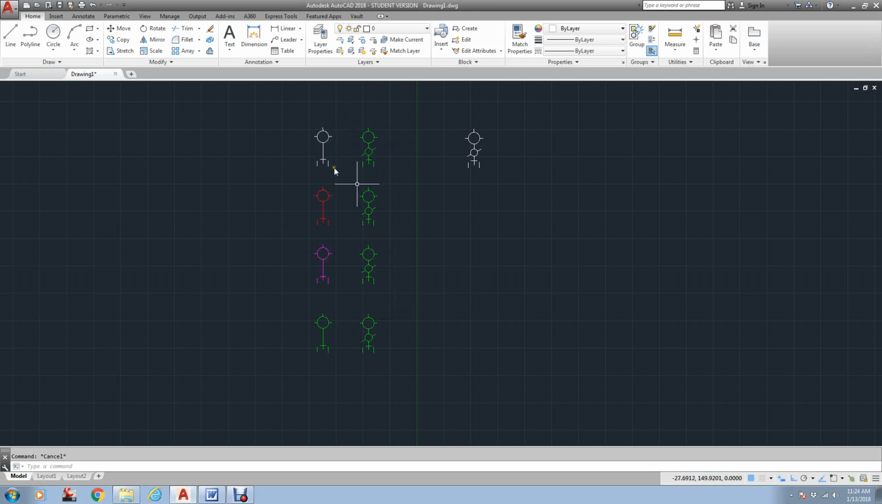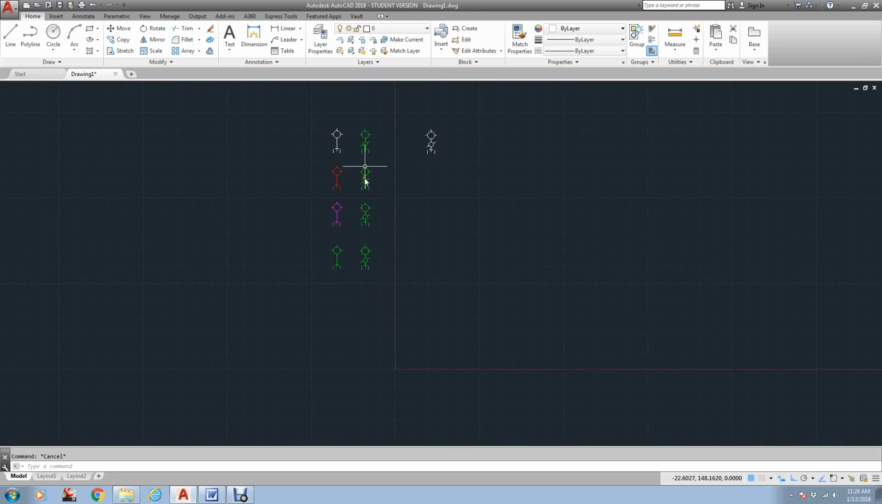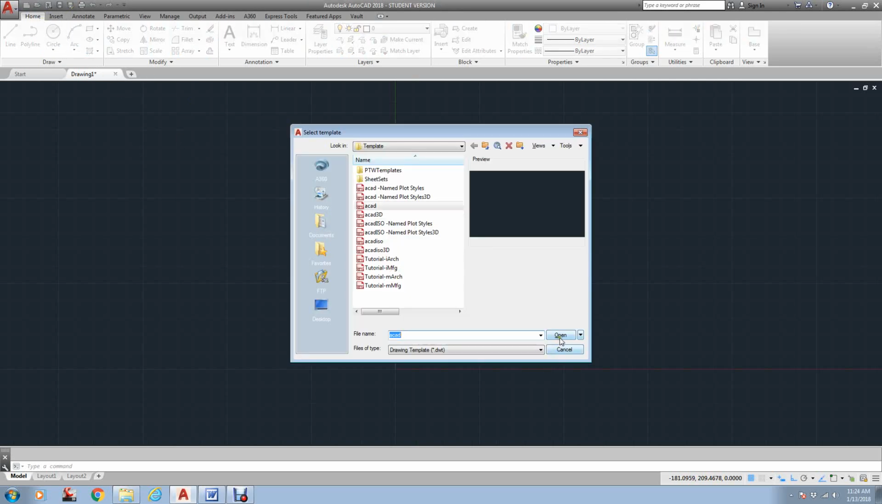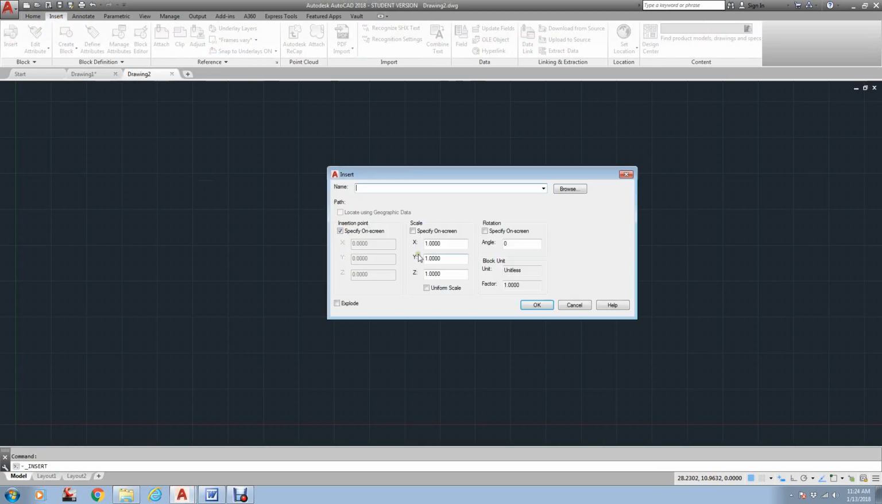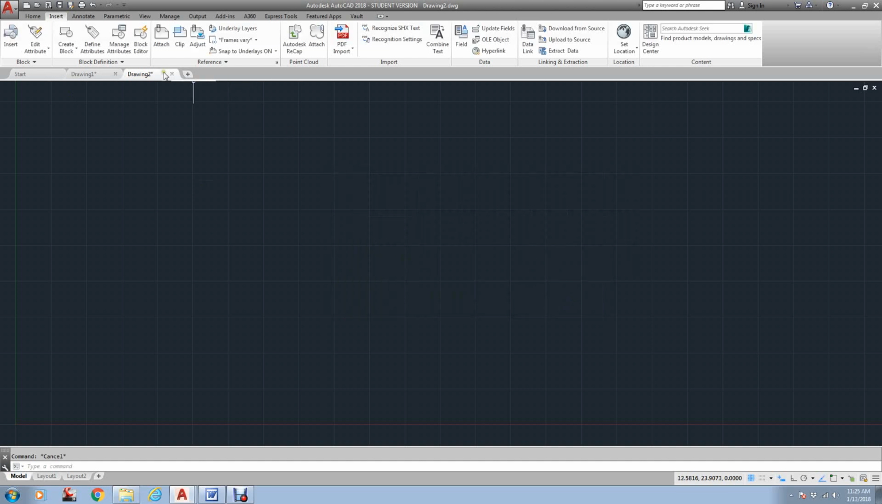So working with blocks can be a very powerful tool. Also, when we go to Wblock, this has these in this drawing. If I go and start another drawing, and I come up here to insert, as you can see, there's no block in here. So if I go back over here,